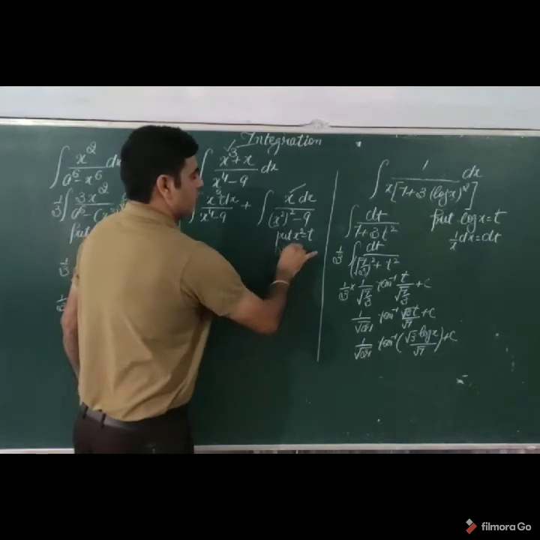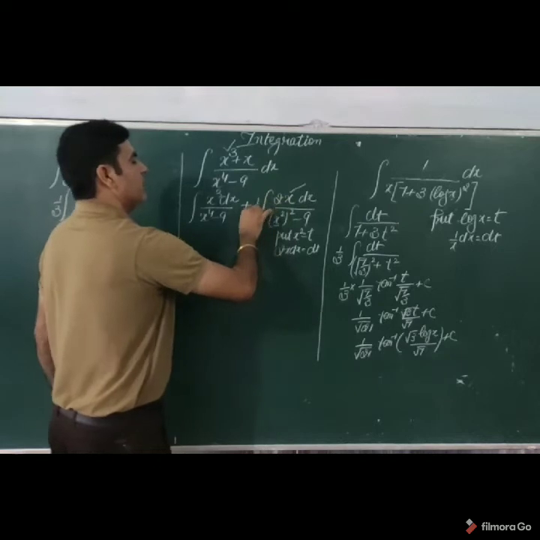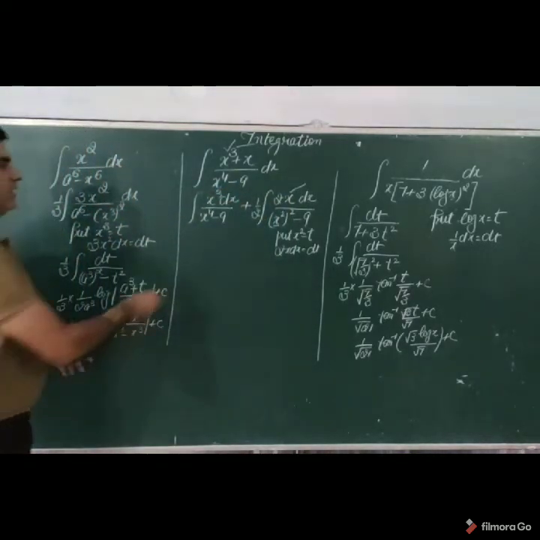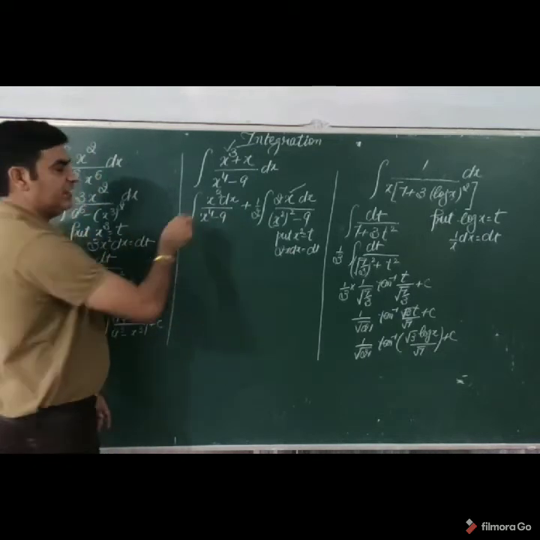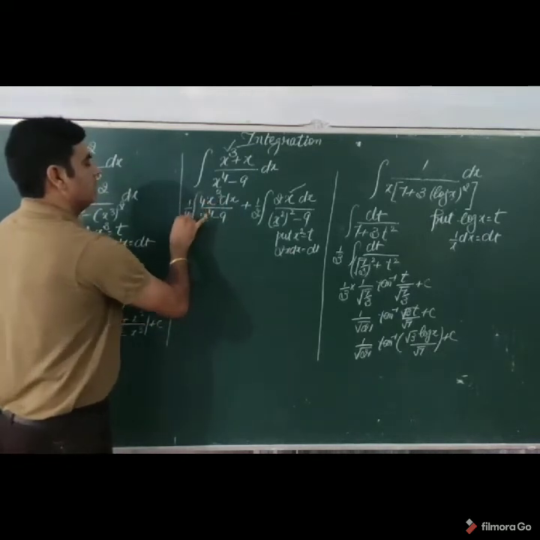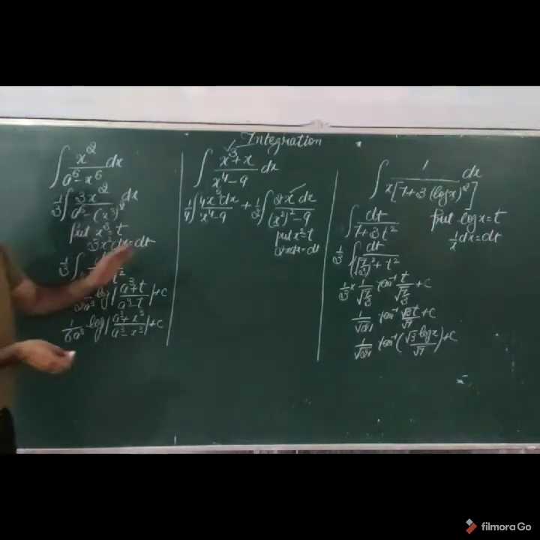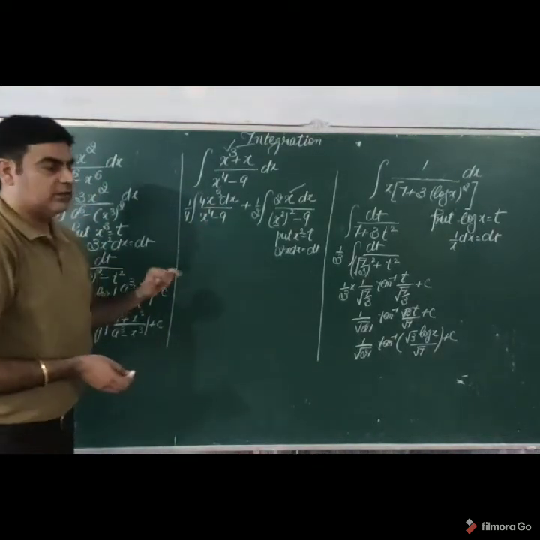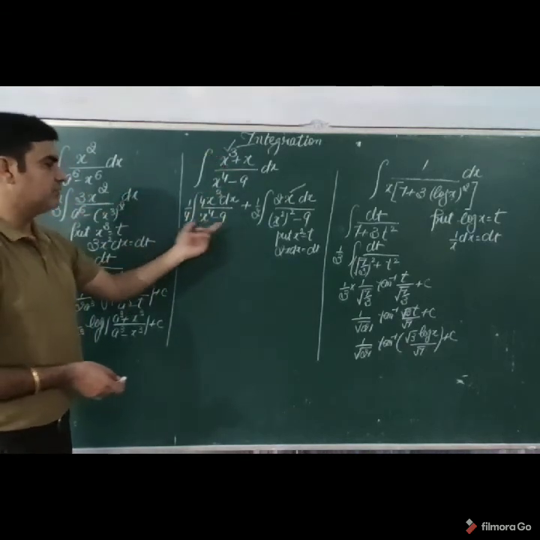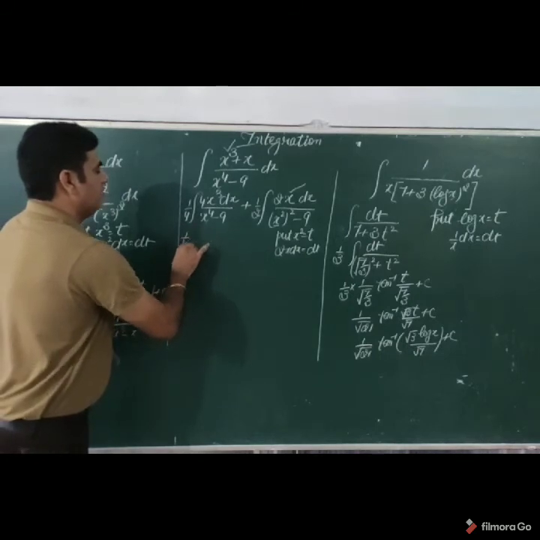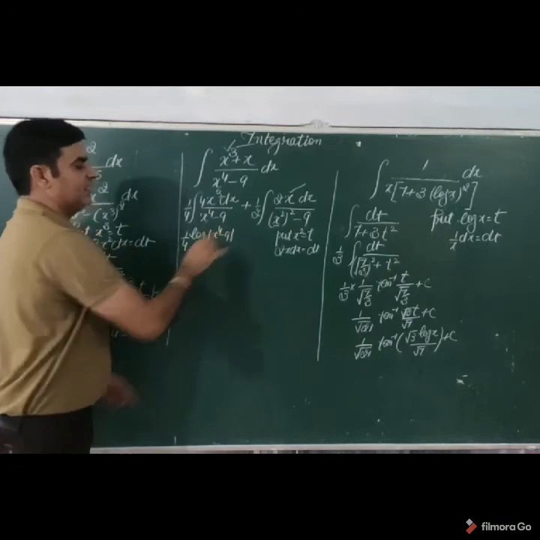Derivative of x square becomes 2x dx equals dt. Balancing it, multiply by 2 and divide by 2. Here, the derivative of the denominator becomes 4x cube minus 0. So we need this for balance. It becomes the derivative of the denominator upside. We have done the rule in the substitution method: if the function is downside, the derivative is upside, and the power of the function is 1, then the answer of the equation becomes log of the function. Means log of x to the power 4 minus 9.